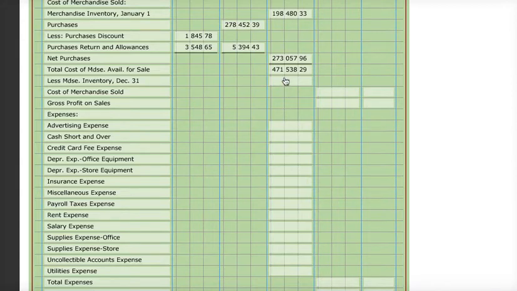All right, so my less merchandise inventory for December 31st is given to me on line number 5. It is on the balance sheet. It is 188,999.25. Now I need to take my 471 minus my 188 to give me my cost of merchandise sold, which would be